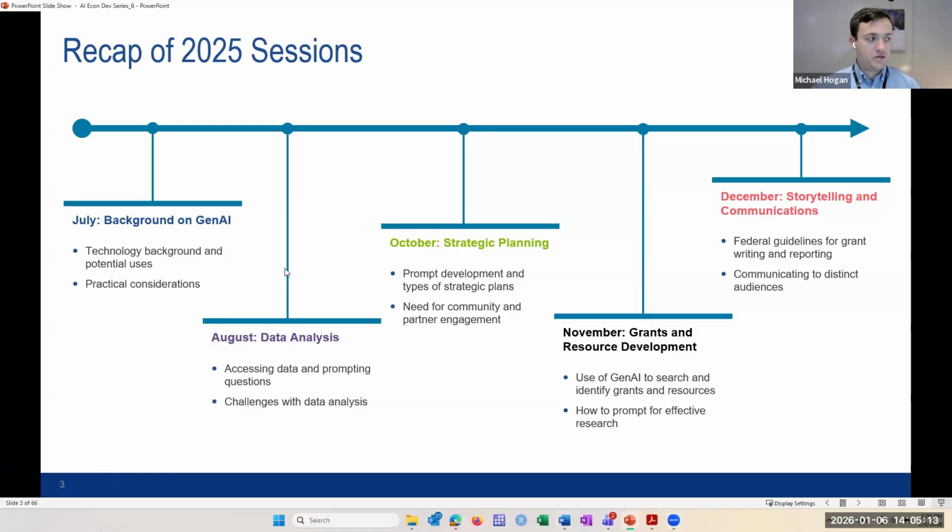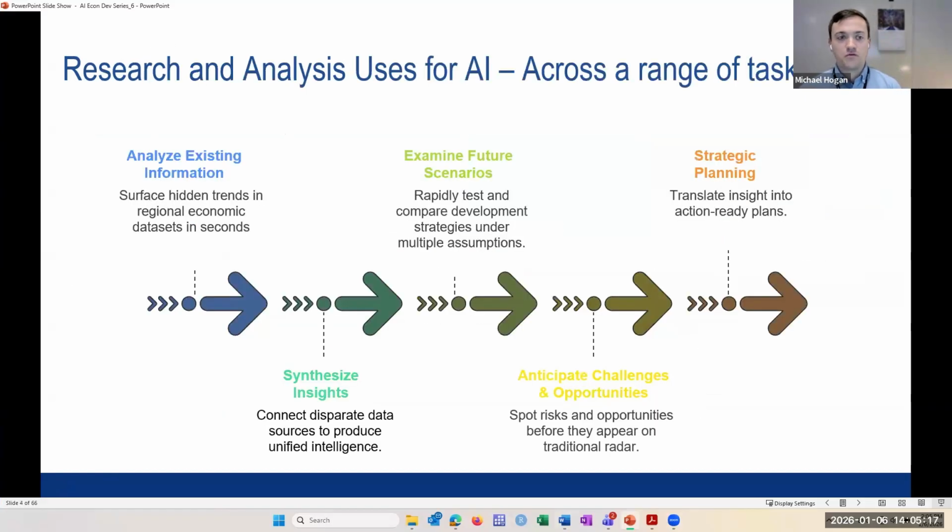So in the first 3 sessions, we looked at these research and analysis uses for AI across a range of tasks, ranging from that initial analysis to translating that into a strategic plan. We see AI as a tool that can really accelerate and deepen the economic developers' research and analysis process.